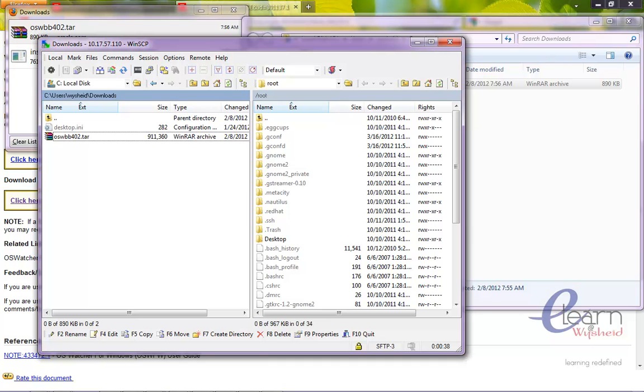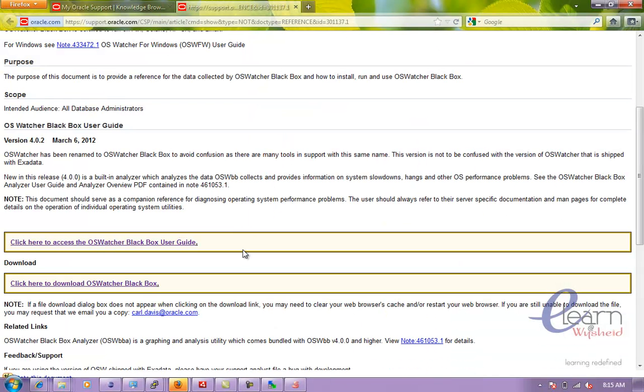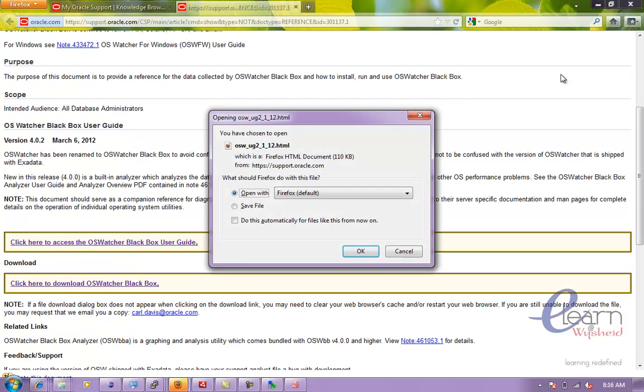Now we'll be installing and configuring OSWatcher, or this OSWatcher Black Box. We have downloaded the OSWatcher utility, and we have copied these files to our RAC server. Now we'll see how to install OSWatcher. So we can just click on the OSWatcher Black Box user guide. It will open an HTML file,